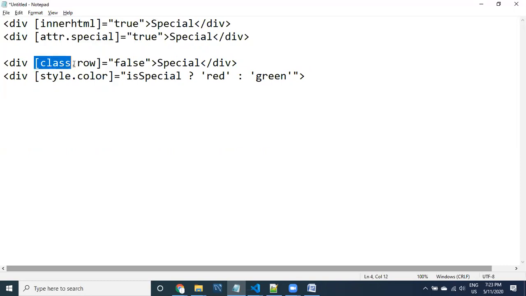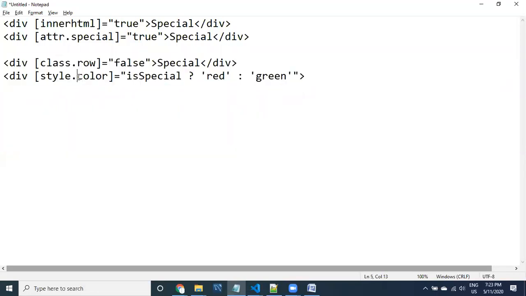This notation got added into Angular; in the initial versions we have ngClass and ngStyle. Going forward, ngClass and ngStyle are going to be deprecated, so these bindings will be useful going forward, guys.